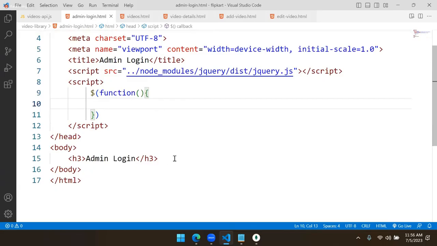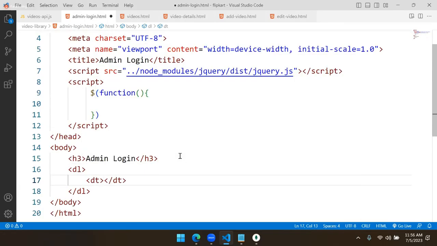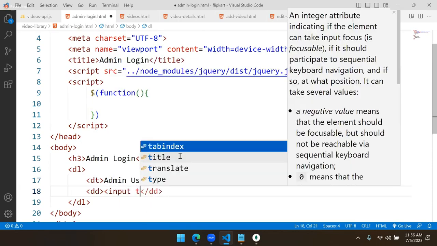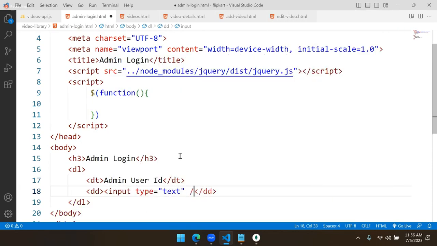And admin login contains a simple data list, data term. So admin user ID. So input type is equal to text. And we will put ID as userid